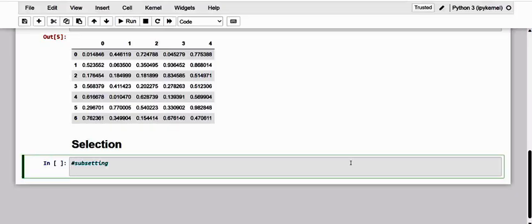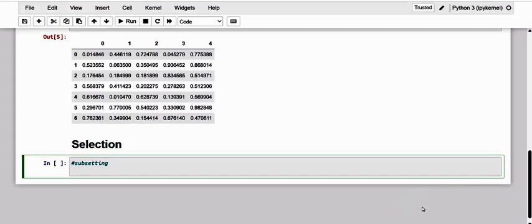So both extend this concept through the indexes and their labels. When we want to select a single item, things are quite simple. You specify the label corresponding to the row and corresponding column, or the position within the data frame by means of a pair of integers.